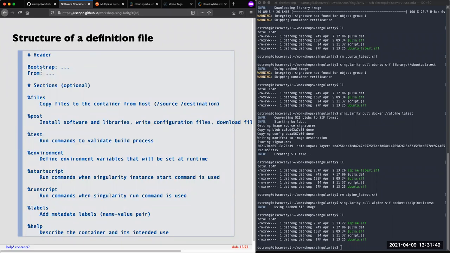So basically, you'll have a header, and then you'll have some sections below the header. The header will probably have these two sections, a bootstrap and a from. The bootstrap will be similar to what we just saw with that Singularity pull command. Basically, you're pulling from the Singularity library or maybe Docker